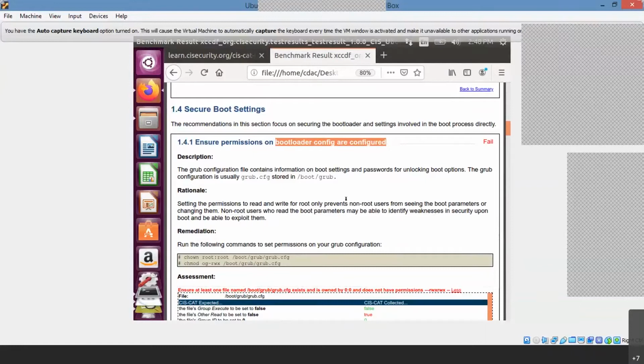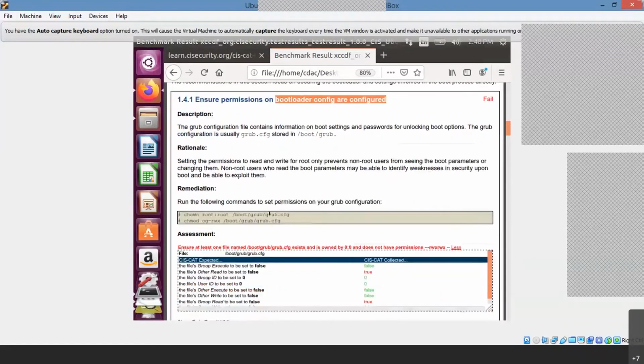So those permissions, if you don't want to give them, what we have to do is just give the permission with chmod. So we have to give these permissions. Just copy these commands and paste them in the terminal. Okay. So for remediations, you can go to the